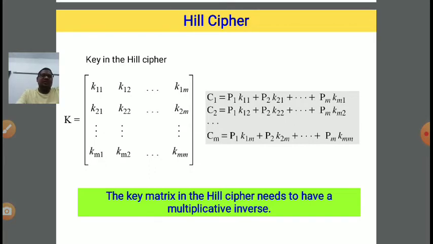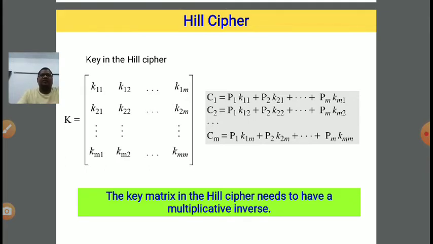In this manner we can arrange our key alphabet in matrix form, and it is a square matrix, right? So k11, k12, up to k1m: the first row has how many columns? m columns, right?